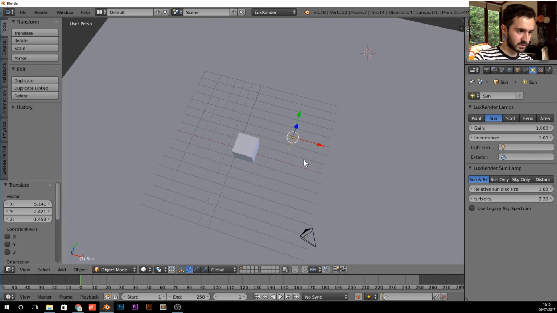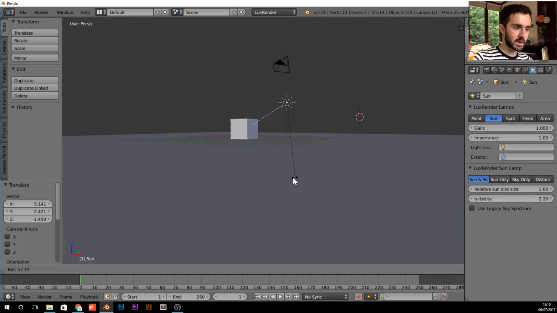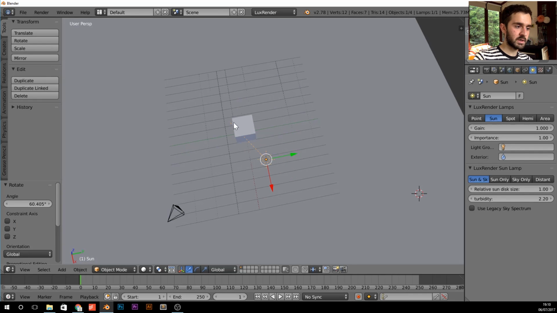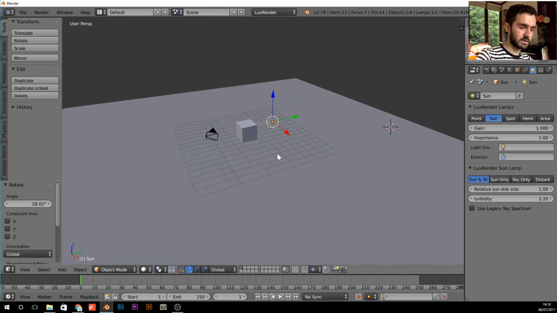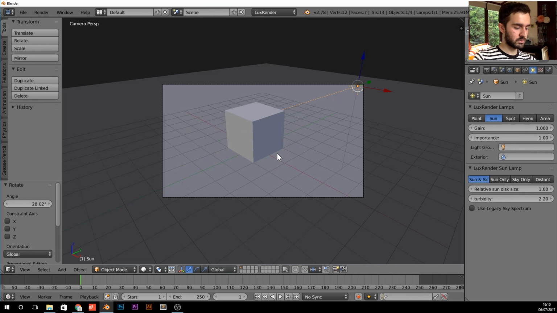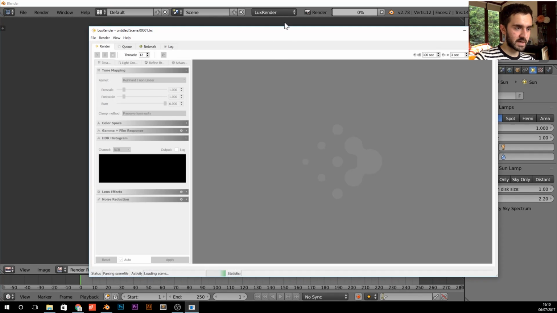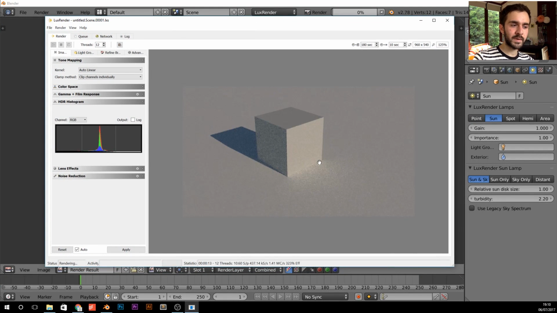I'm going to position this to this side and angle it so it comes in from a similar angle to where the lamp came from. So I'm pressing R to rotate. Now if I go back to the render view by pressing F12, you can see a much more realistically lit